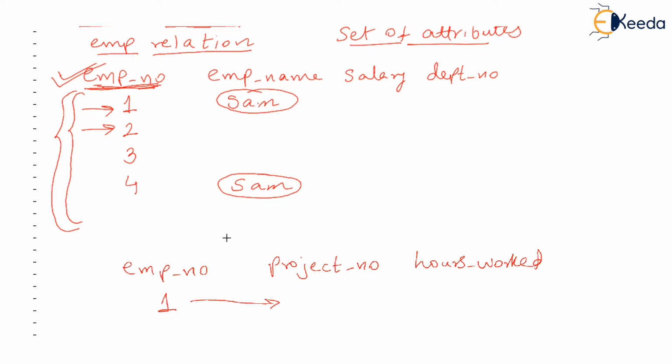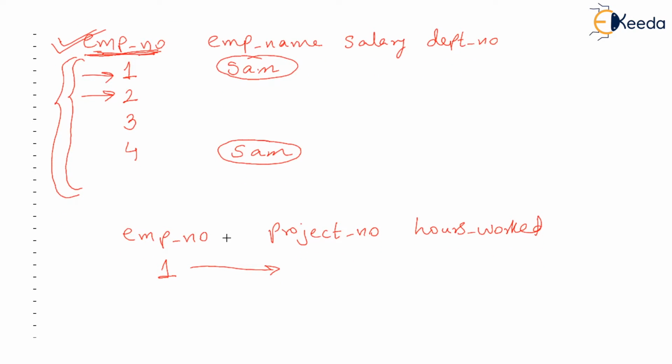Maybe our company takes a lot of projects, and the projects also have got numbers like P1. P1 is the project number of some project, and it shows that the employee is working on this project P1 and the hours she has till now worked is 50 hours. But then it is very much possible that employee number 1, the same employee, is working on the other project simultaneously.